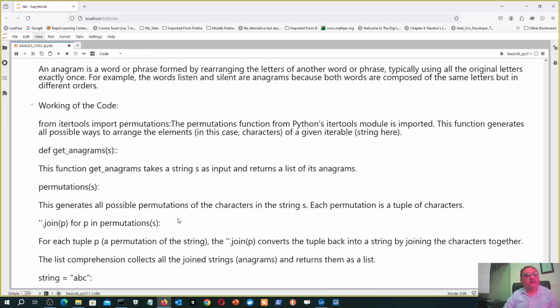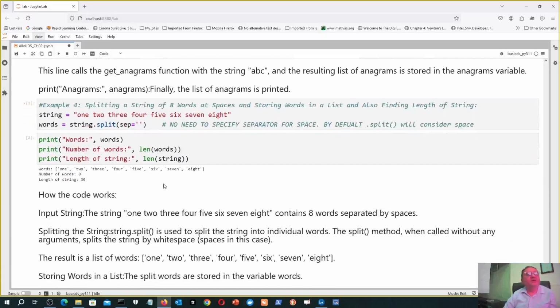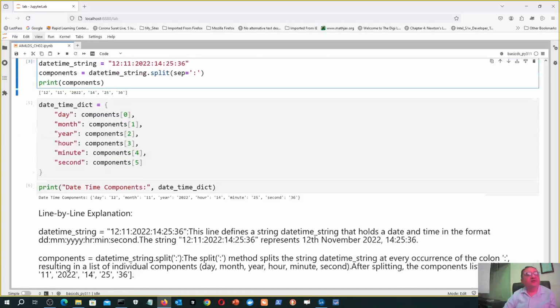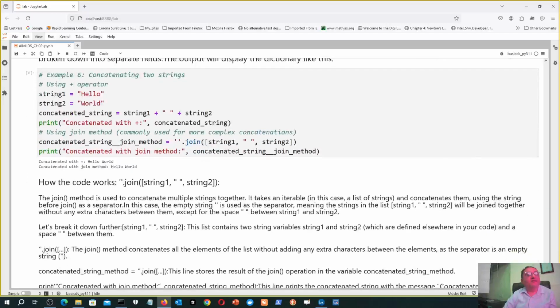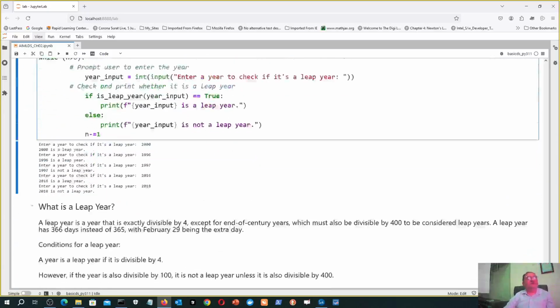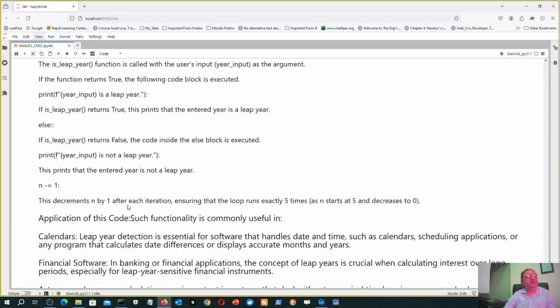Then there is another one which we want to do. I think this we have already done, fine. This also we have already done. Concatenation also done. Leap year also I think done. Yes, leap year was also done. Now what we have to do is,